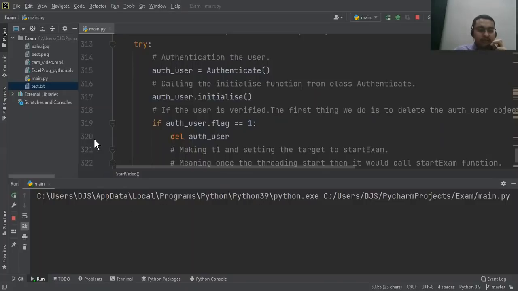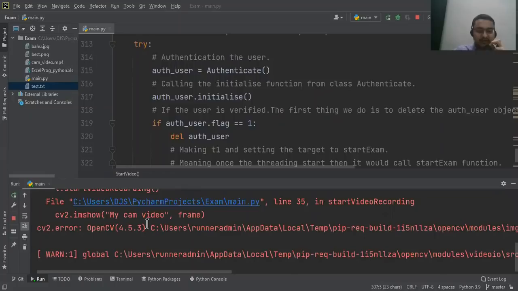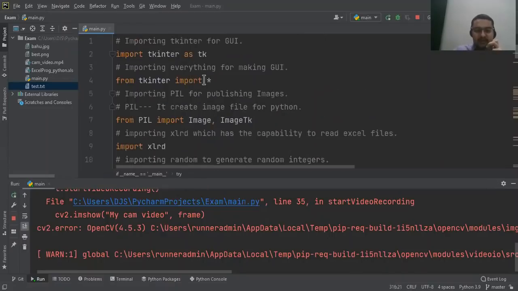So what is the return type of printf? Now at this point in time, you can see these errors. It is essentially because I'm recording this YouTube video with the same camera. As I have put the code link in the description via GitHub, you can use it. And if you run it, once you import all these libraries, you would be able to run it very easily, and it would be up and running. So you won't face these kind of errors. So what is the return type of printf? We all know it's integer.